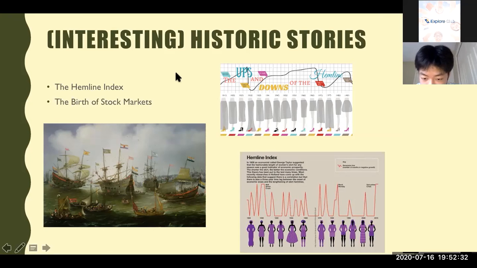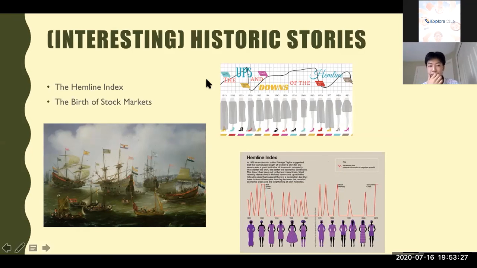So as you can see on the second chart, it provides a brief description for the hemline index, but it's not really too clear. It basically wrote what I said before, and also it says there is a 3-year time lag between the onset of economic woes and the lengthening of skirt hemlines. So which means when your stock markets just suddenly crash and the economy goes down, there are a few years before the hemlines go down too, and women begin to wear longer dresses in general.